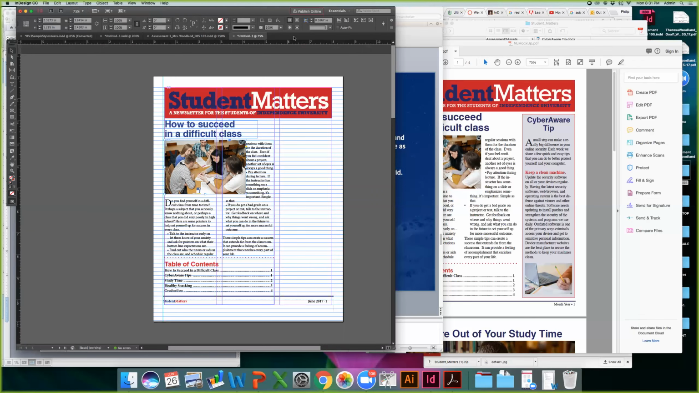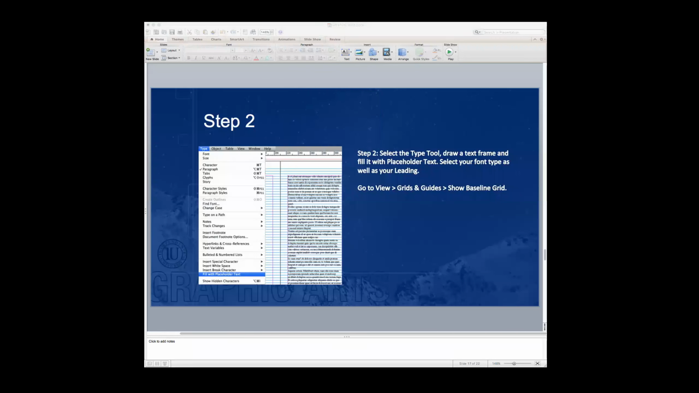So are there any questions so far? I know we went over a lot. I'll go ahead and stop the share here for a minute. I know we went over a lot of stuff. Any questions? Okay, no questions on how to wrap or how to do the baseline grid. I kind of ran through it a little bit, but